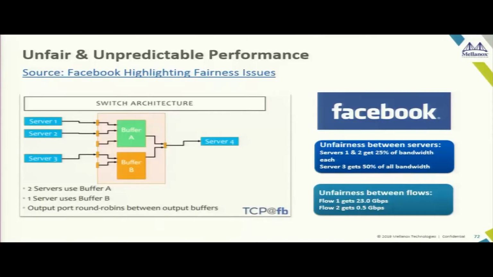Okay? Similarly, this was actually highlighted by Facebook. By the way, the Googles and the Facebooks run the largest data centers, much larger than the biggest HPC system out there. Like one data center in Facebook would be 200,000 servers. Not 10,000, not 20,000, 200,000 servers. The only difference is they don't run a parallel job. They don't run an MPI job, they don't run a scientific parallel workload. So they're not termed as supercomputers. But they do have very large networks.